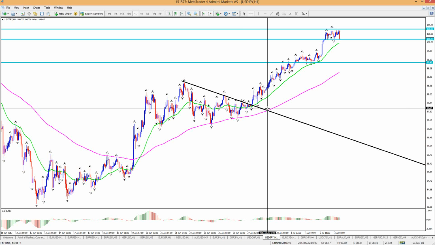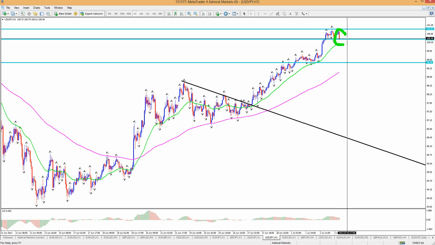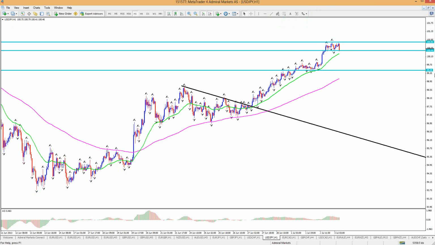But if it's safe to enter now, well, what I was looking at when we started this webinar, I was looking for a break of this high, but it doesn't look like we're going to do that right now, to be honest, because you can see price action is moving down. So that was my original idea, to wait for a break of this high, and then there could be a trade to 101.50, which is 786. But it doesn't look like we're going to get that.